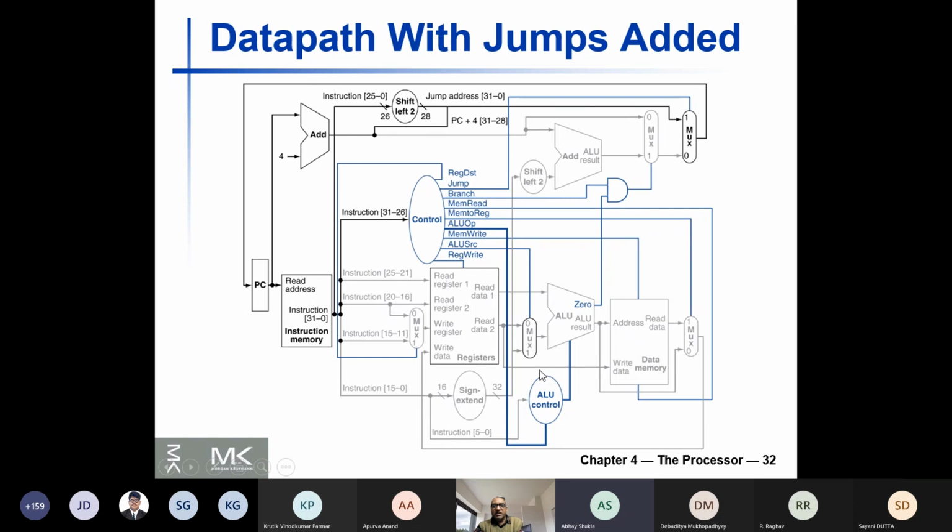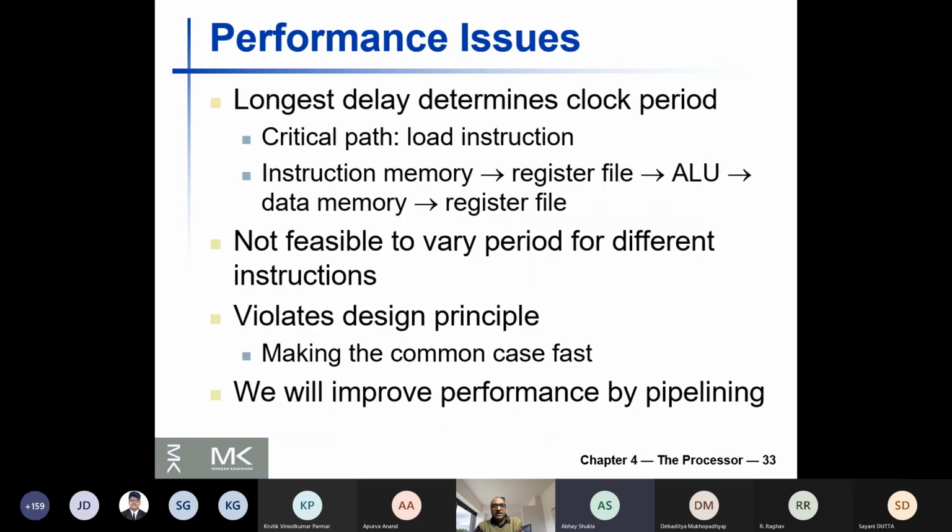So likewise, the other instructions also will take different amounts of time for performing their operation, right? And so therefore, to implement these instructions by using this data path, what is required is that actually where the critical path, that means the various components